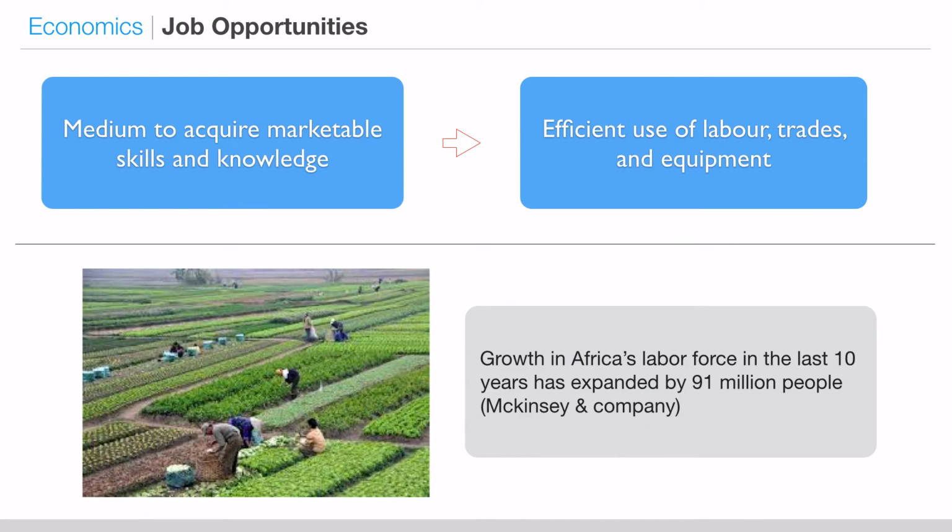The expansion of technology in third world nations has provided national residents the opportunity to acquire skills in their trade of interest. This broadens their skill set, allowing for the expansion of services. 42% of African employees now work outside of agriculture due to the accessibility that information technology provides. In addition to broadening skill sets, more jobs are created as entrepreneurs build and develop their products and services. As a result, employment rates have increased and allow for higher quality of life among residents as they receive payment for their work. Africa has expanded its employed persons to 91 million people since 2002, thanks to its technological advancements in the last 11 years.